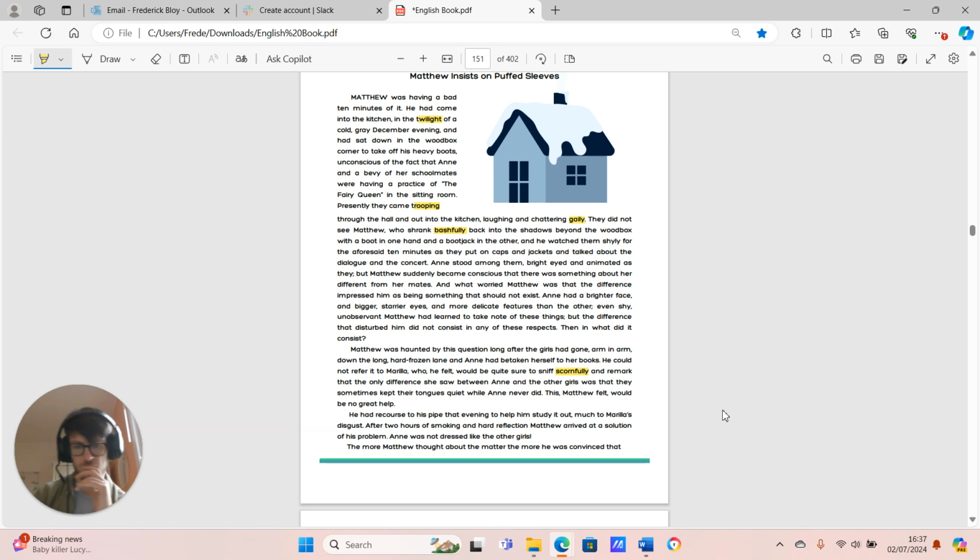He had recourse. To have recourse. A recourse is, think about it here. What is the pipe doing to help him figure out what's different about Anne? It's helping him. A recourse is the use of something, or the object itself being a source of help. The use of something as a source of help. Recourse. He had recourse to his pipe that evening to help him study it out, much to Marilla's disgust. After 2 hours of smoking and hard reflection, you see it's helping him think, Matthew arrived at a solution of